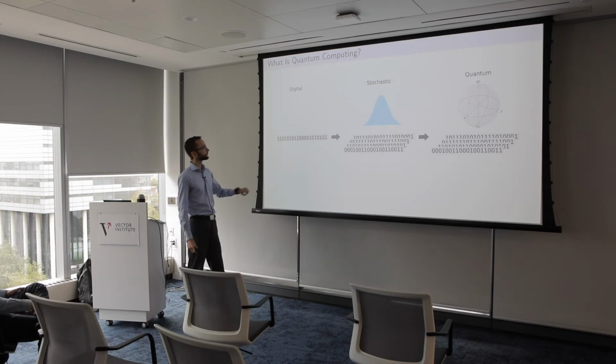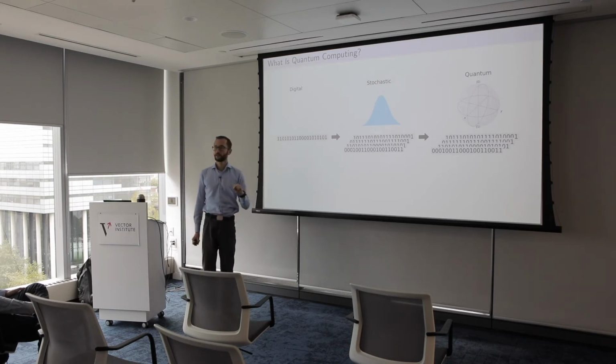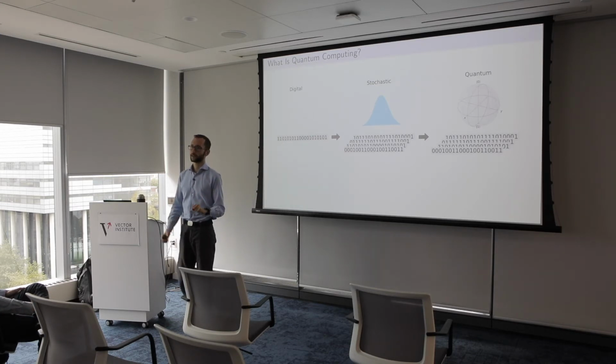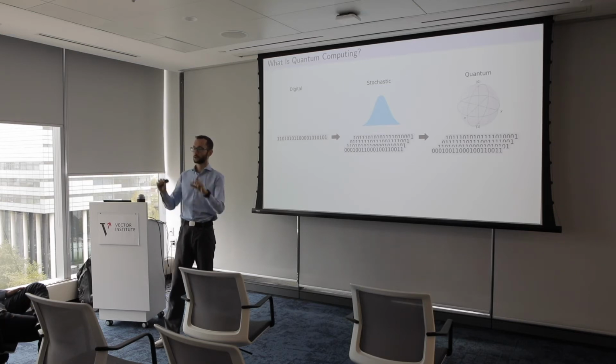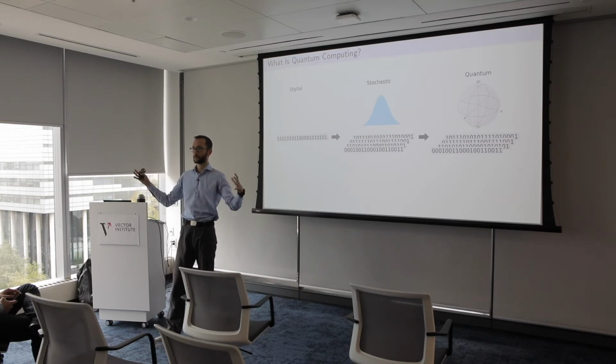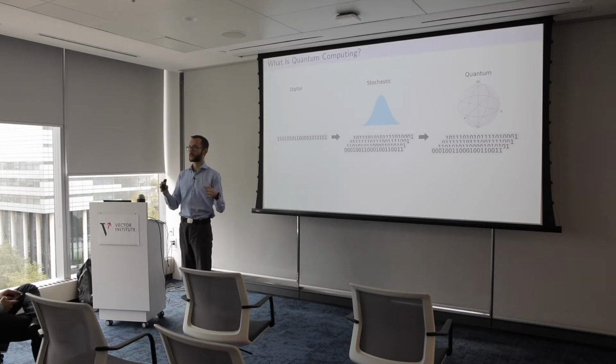When you think about digital computers, what digital computers do is they transform bit strings into bit strings, right? So you have some sequence of zeros and ones, and then you apply logical operations, and you get another sequence of zeros and ones. And this enables you to do arithmetic operations, additions, multiplications, and so on, which will eventually add up to word processors and deep learning networks.